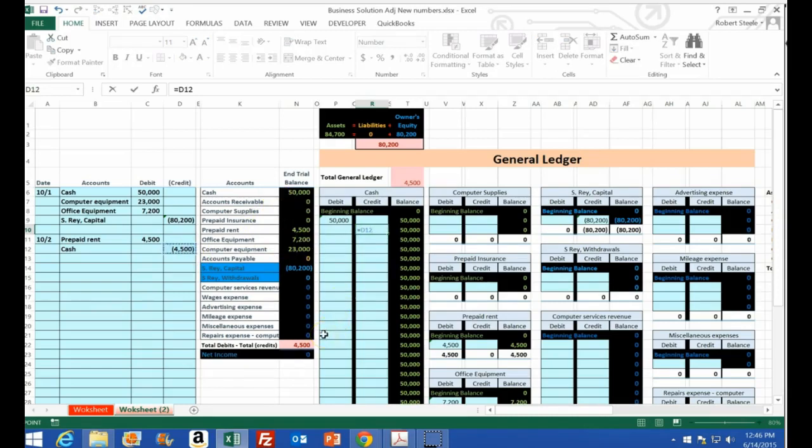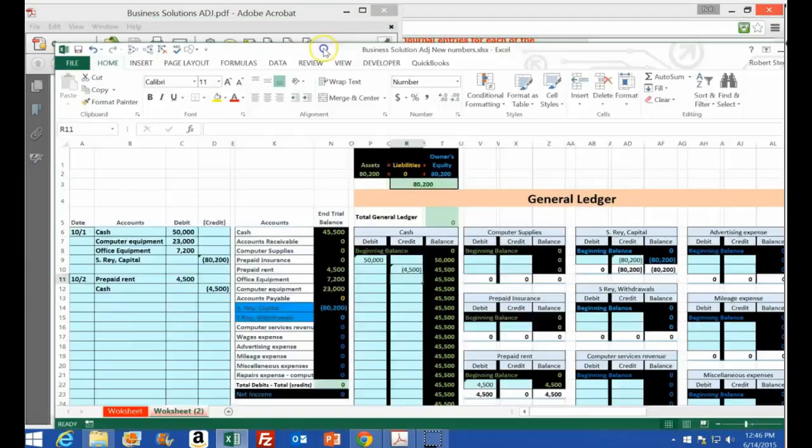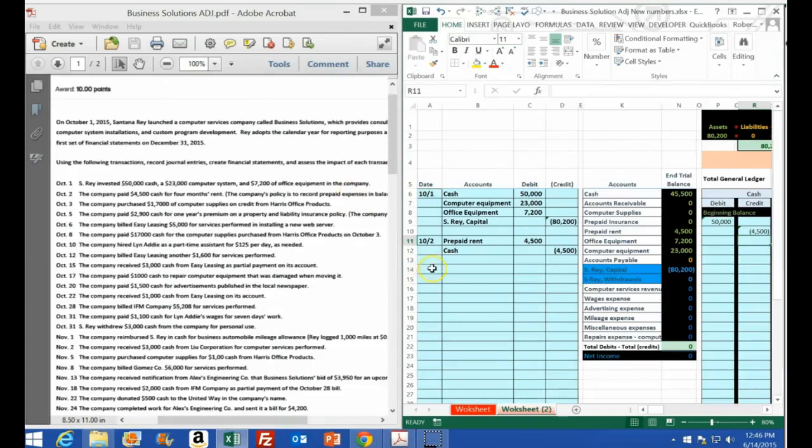That'll put us back in balance here. Notice no effect to net income so far. All right, so let's go to the next one. I'm going to take this, pull it, and snap it. Then we're going to go to